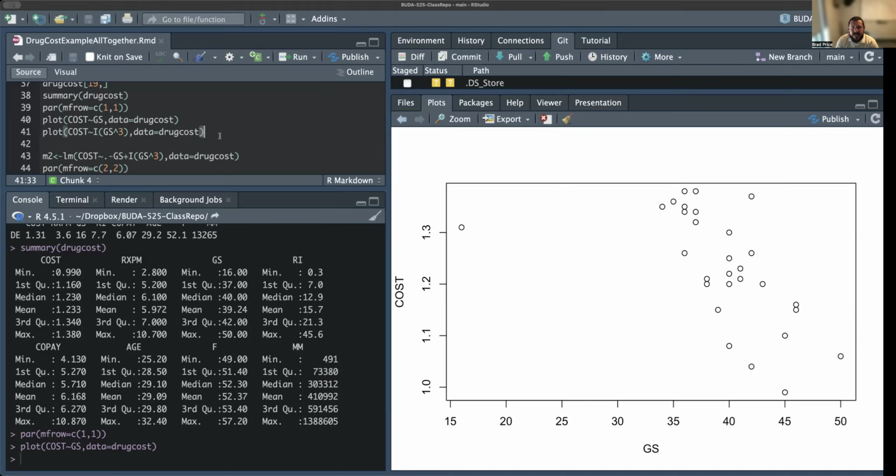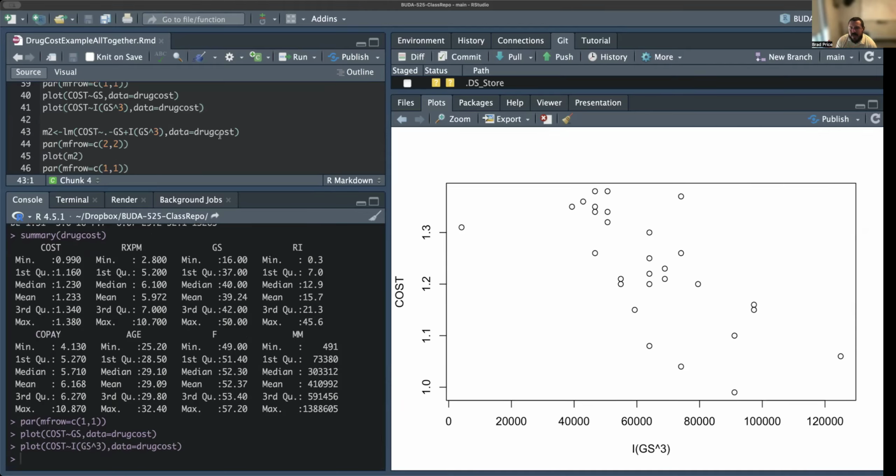Let's see if that makes it big enough. Well, it kind of pulled everything back. Let's see if that did it in a way that would make some sense. So what I'm going to do, remember,